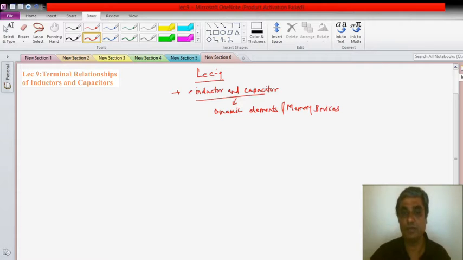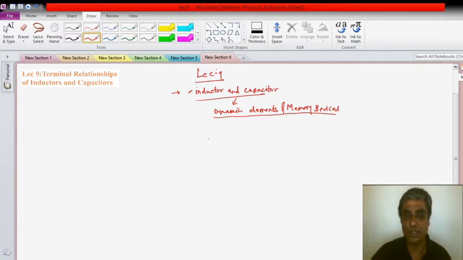So till now whatever we have seen were all static networks or static circuits, where I don't need any past history. But when I look at the dynamic elements, then I must know all the past history in order to analyze the network. Now the problem here, I will categorize into 3 steps.